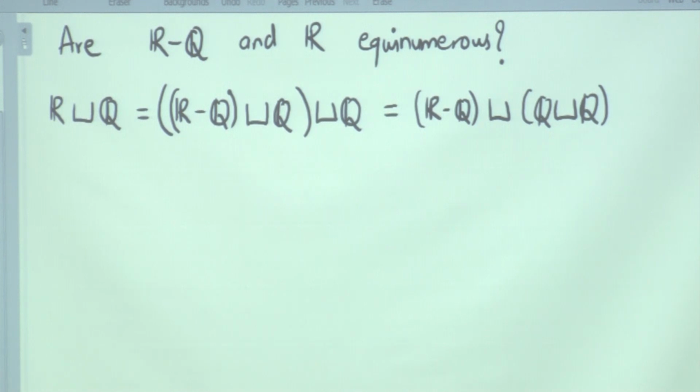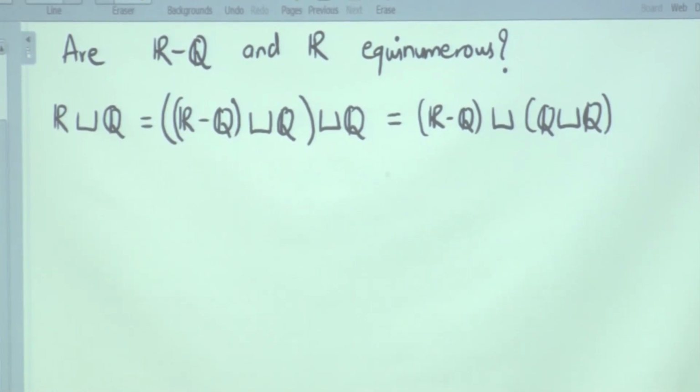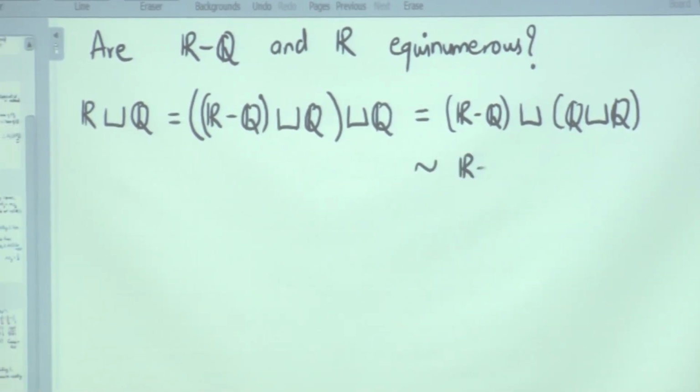Any problem with this? I simply shifted the parenthesis from here to there. It's disjoint union ultimately, it doesn't matter. Now look at the parenthesis on the right hand side. Q disjoint union Q. Q is a countable set, and these are both countably infinite, so therefore their finite union is countably infinite again. So therefore this is in bijection with R minus Q